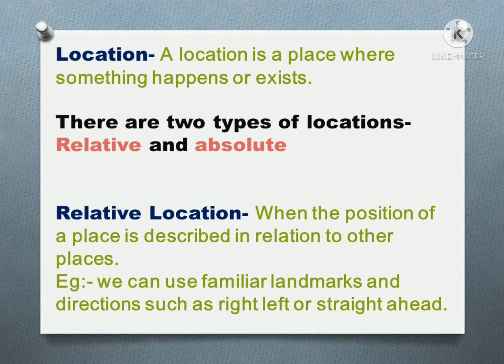Alright, let's take one more example. If I live in a particular colony and there is a very popular temple near my house and my friend wants to come to my house, how will I give him the directions? Obviously, I will use that landmark, that temple. So I will ask her to come to that temple first and then she has to move straight. Then she has to take one left and then in the first lane, first house is mine.